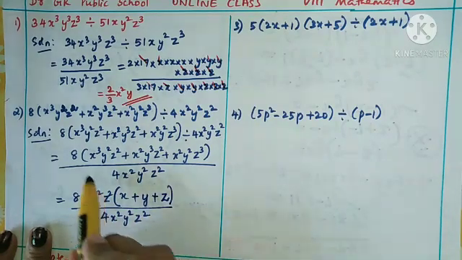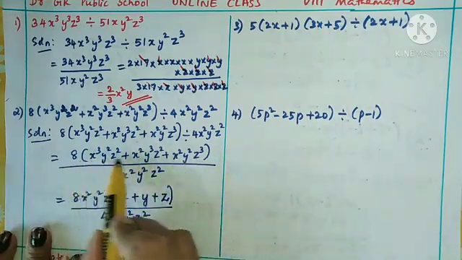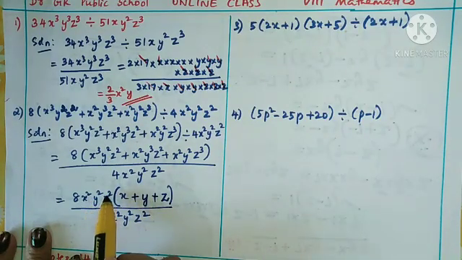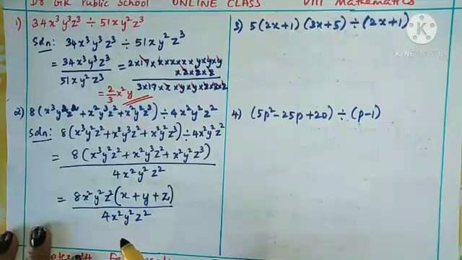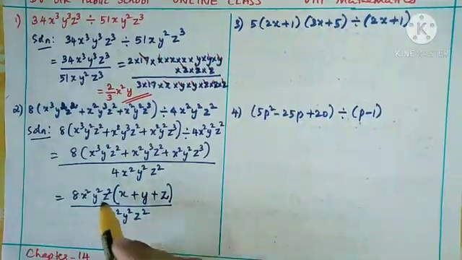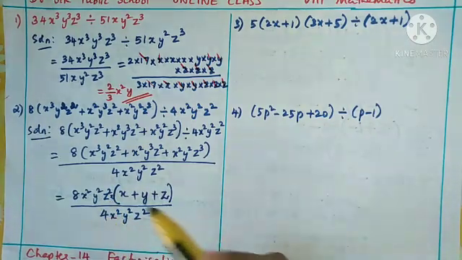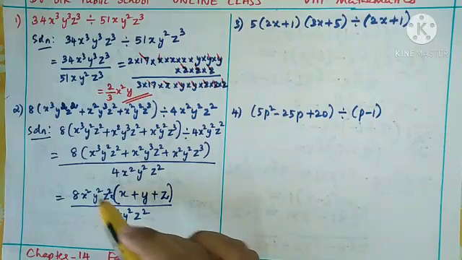Now you see this algebraic expression that was given already in addition, we converted into product of factors. What is the first factor? 8x square y square z square, and second factor is x plus y plus z. Okay, so now what you can do, you can reduce this. Here this bracket means here it is multiplication, no? So this multiplication, these terms we can cancel.